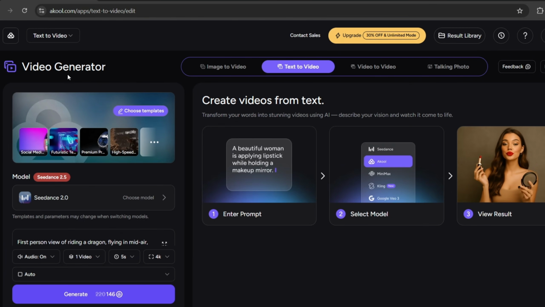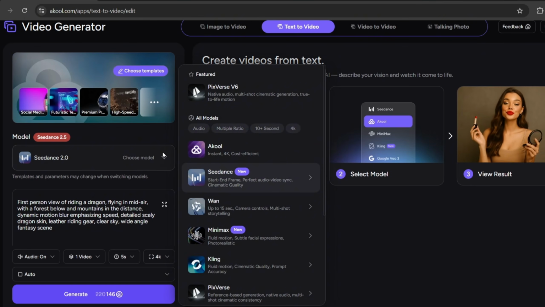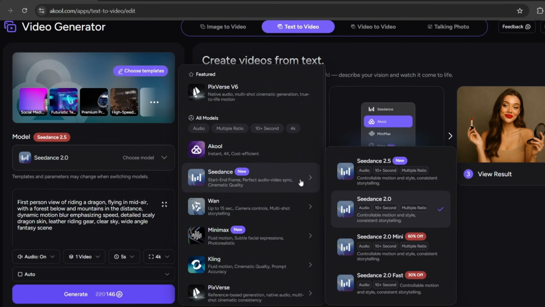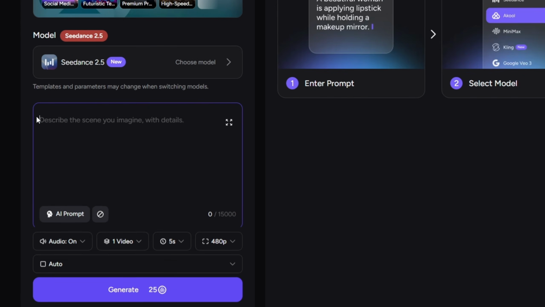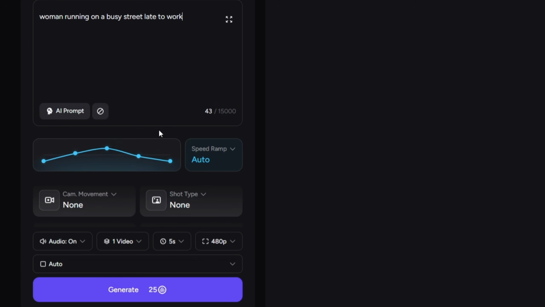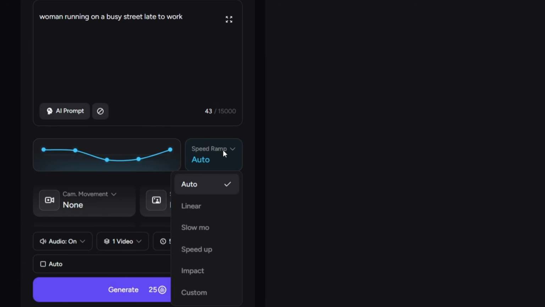As you can see, it's just like the image generator. The interface is clean, beginner-friendly, and very easy to use. All you have to do is choose the model, which for this, I'm going to go with the all-new Seedance 2.5. And for the prompt, I can say, woman running on a busy street, late to work, just like this. And you can as well change up the speed ramp. You can take this to slow-mo or you can even speed it up, but I'm just gonna leave it at